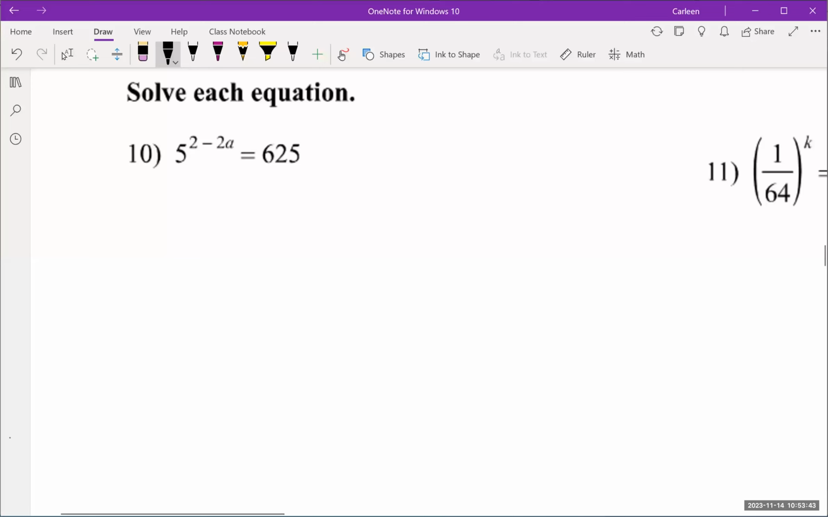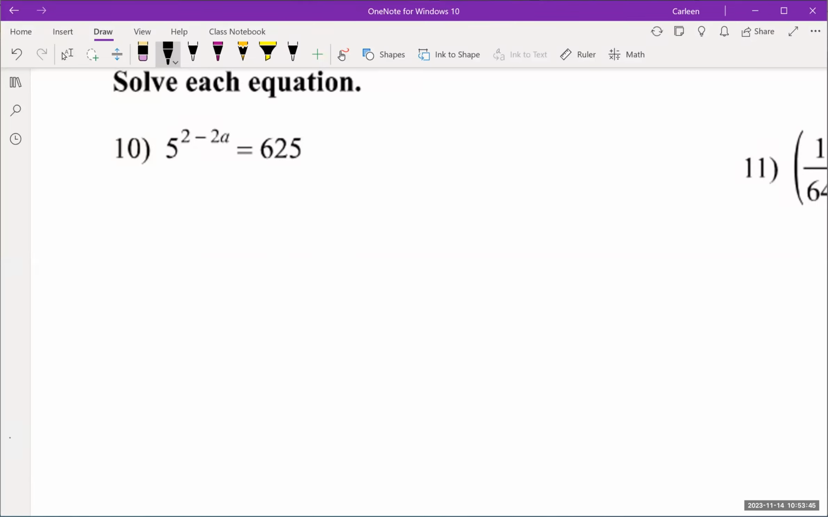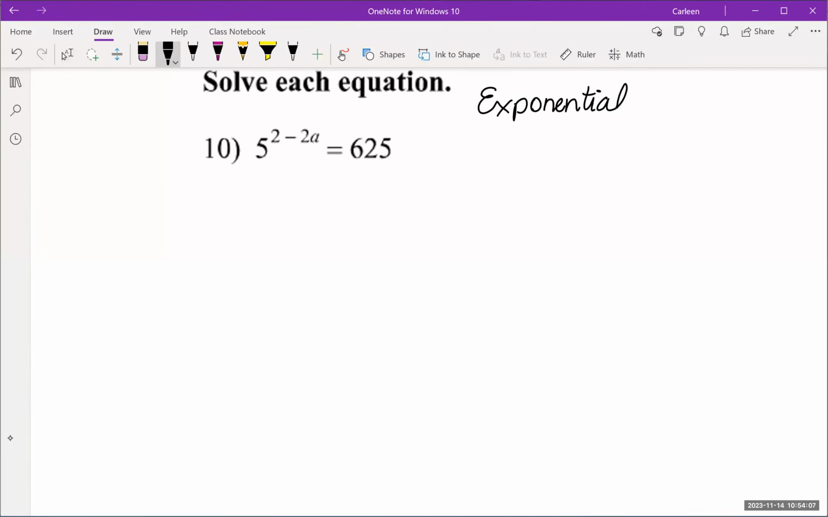Okay, number 10. This is not a power equation. This is an exponential. Okay, so step 1, isolate. Step 2, if